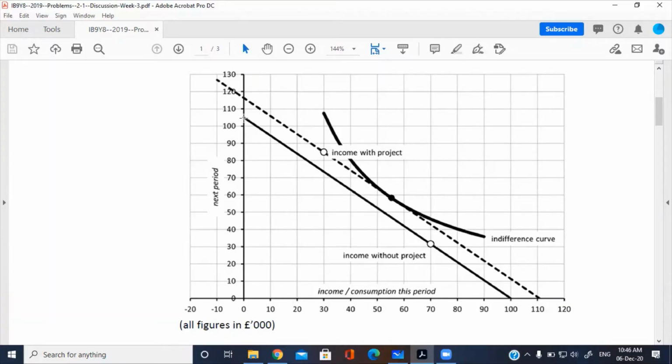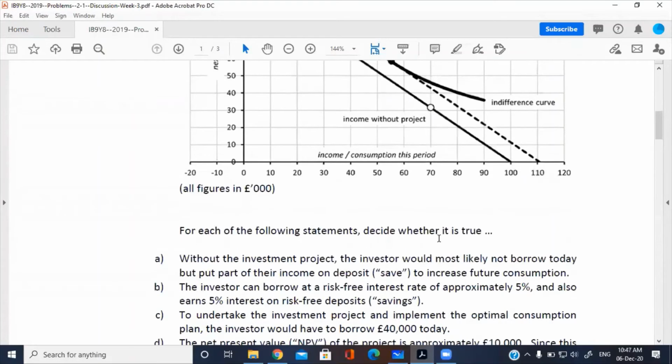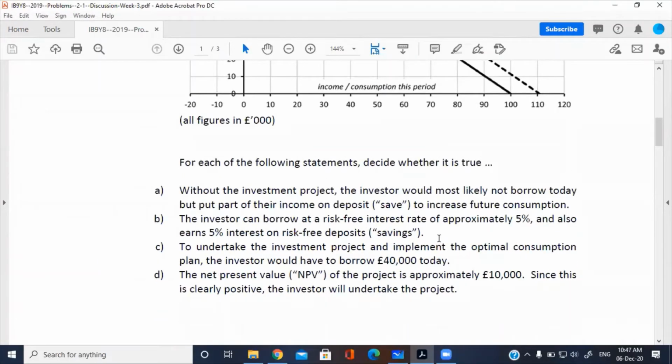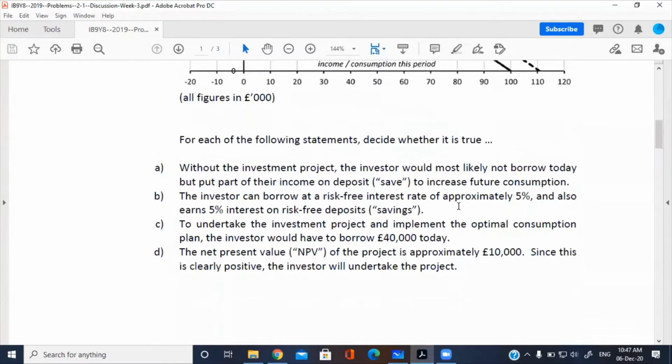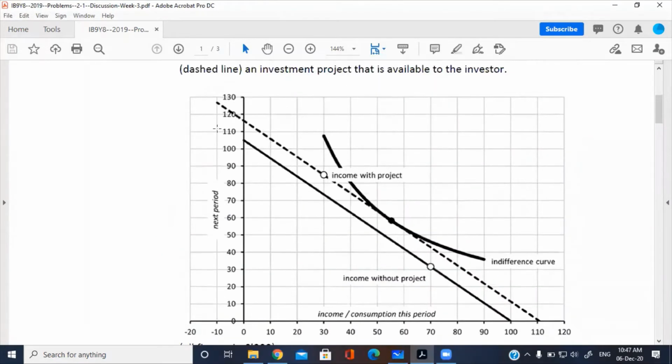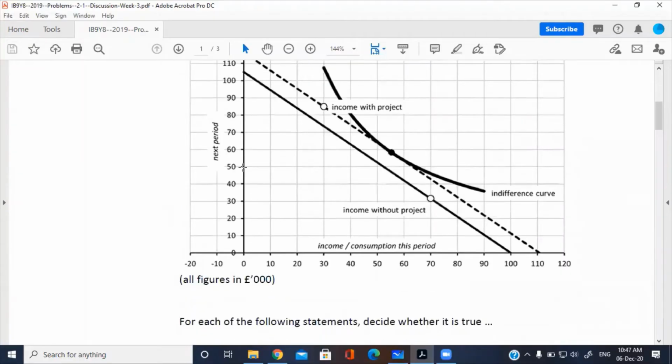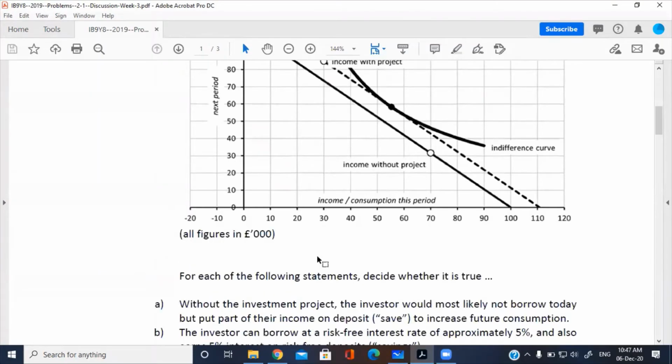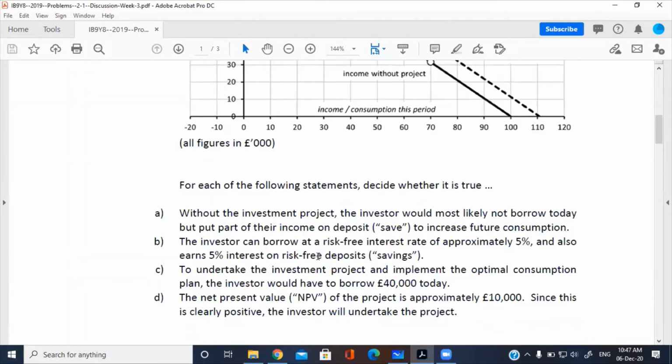So you can think of how the future consumption grows with respect to the current consumption. Okay, so in that case you get the 5%. That's why you can expect the risk-free interest rate is here, 5%. Have you got it? You can measure the slope of the line, and you will also get the 5%. If you look at the vertical distance and the horizontal distance, you can measure the rate of growth is 5%.